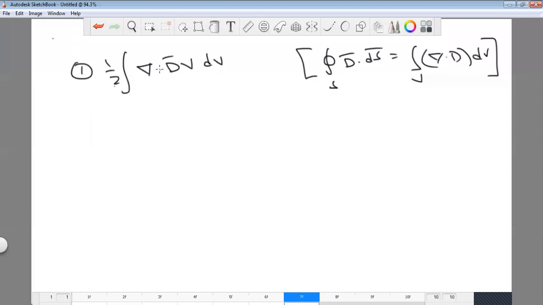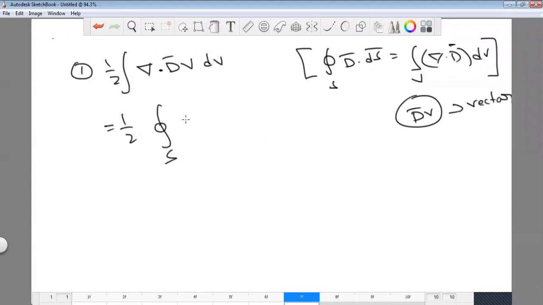So in this case, what about the del dot D here? D is a vector, simply D bar is a vector value. So D bar into V is also a vector. There is no change by multiplying a scalar value, only the magnitude is going to change. So this equation can be rewritten as closed surface, here D bar V dot dS bar. That is 1 by 2 closed surface S D bar V dot dS bar.